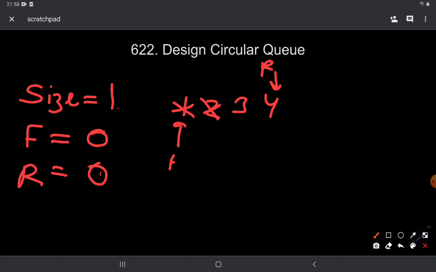Items are always removed from the front of the queue, so the front pointer would also shift forward to over here. While doing these additions and removals, I also keep track of the size of the queue. The size right now is 2 because I have 2 elements remaining in the queue.